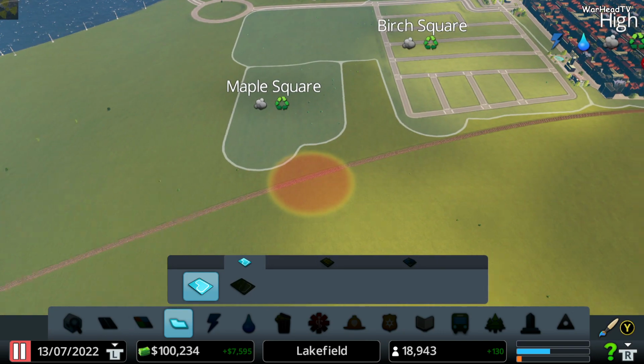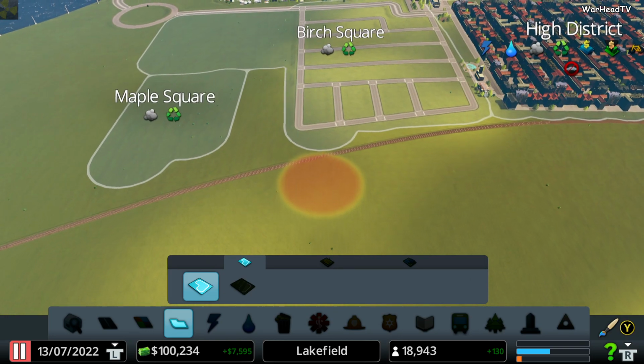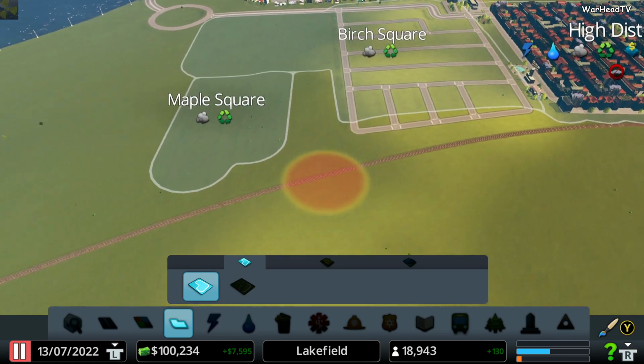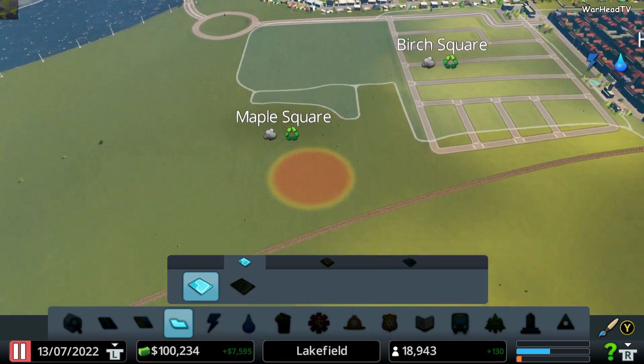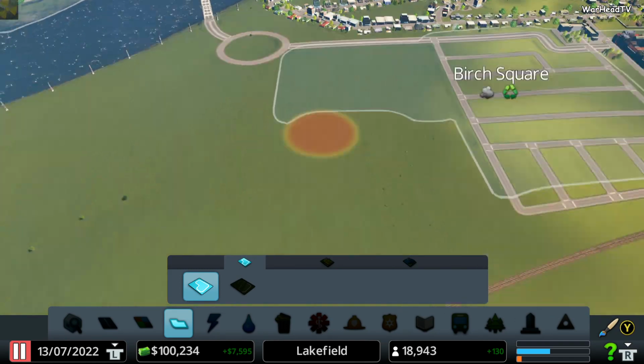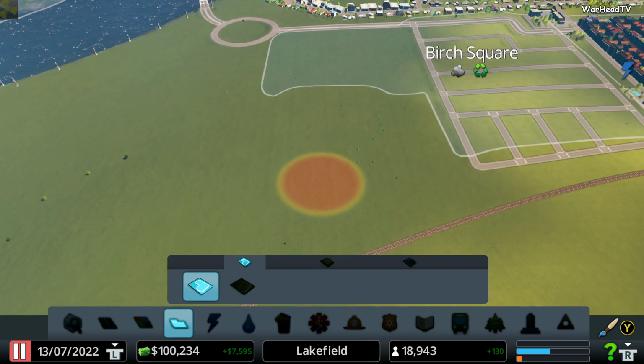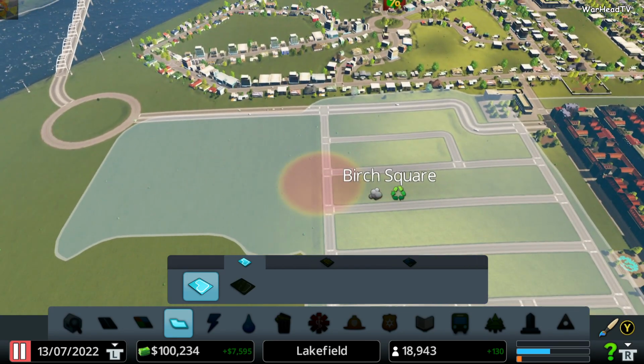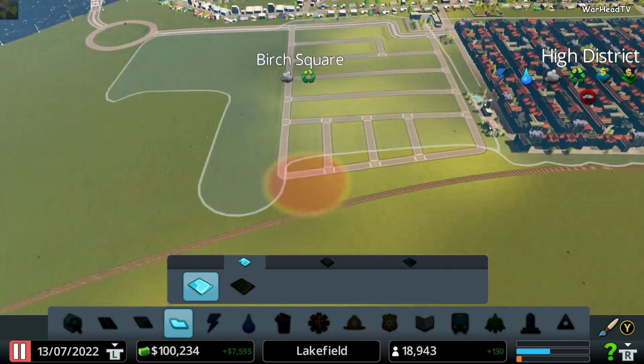Now if you want to delete the district or if you want to tidy up the edges, you're not going to need to go to the delete district tab. Just hold down the X button and reverse the painted area. Exactly the same as painting it, just deleting. So we deleted the additional district that we created. Like I said, if you want to extend it, you've got to highlight it, hold down the A and you can